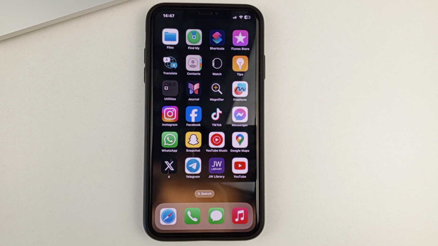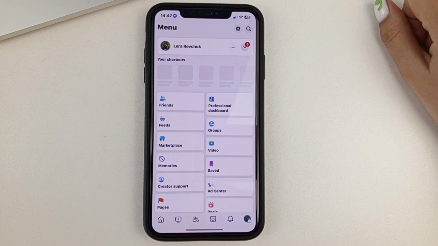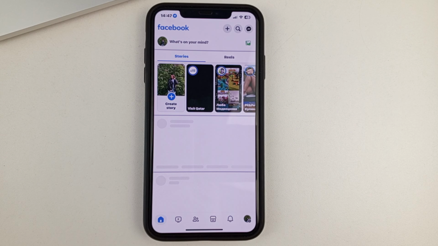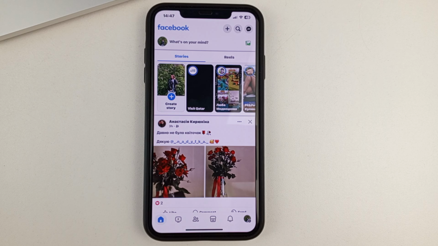So, friends, first of all, let's open the Facebook application. And here, if you have, let's say, restricted your page, it could be for any number of reasons. For example, you violated some Facebook rules, or Facebook saw too much activity from you, and so on and so forth. The reasons, in fact, can be so many. In order to fix your restriction, you first need to figure out the cause.